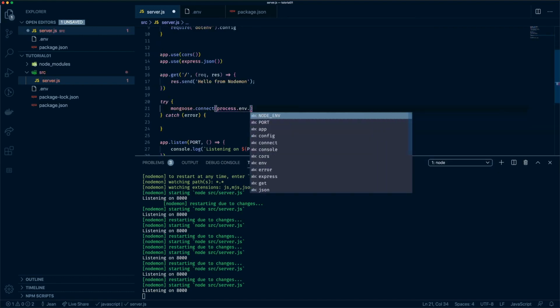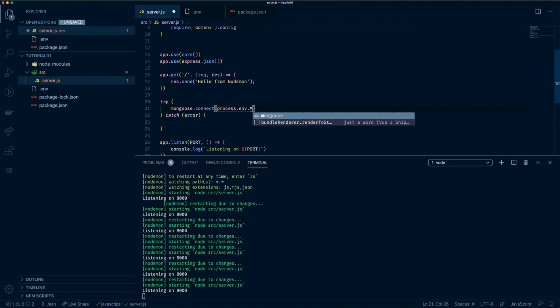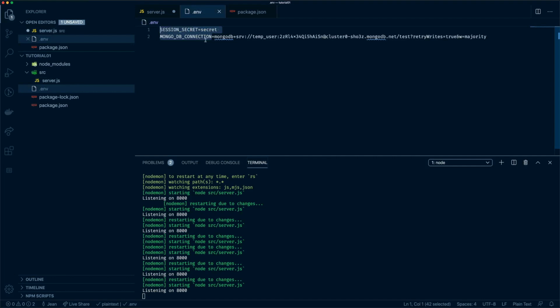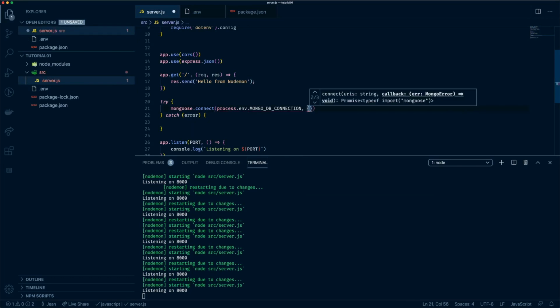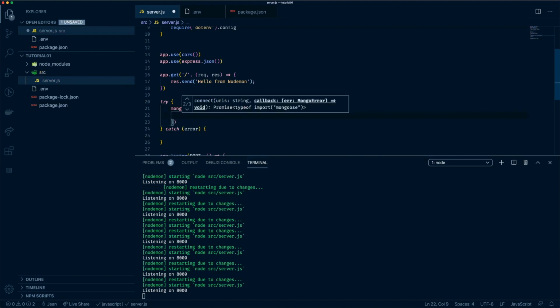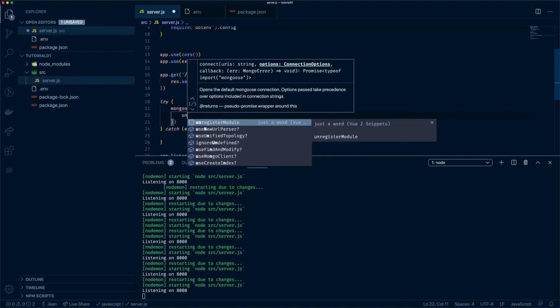So now we have access to exactly this variable that we defined here. So MongoDB connection, and as a second argument, you're going to pass an object that will take a field configuration. So here we're going to say